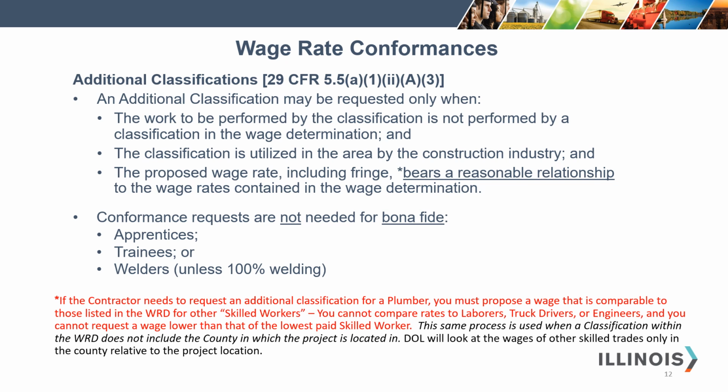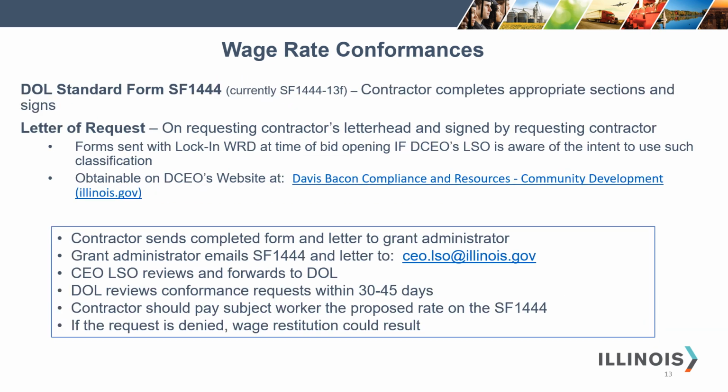The U.S. Department of Labor looks at the wages of other skilled trades only in the county relative to the project location. To request a wage rate conformance or request for additional classification, you will need the Department of Labor Standard Form